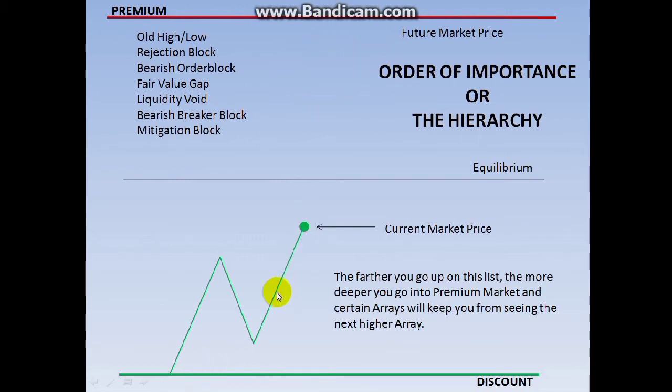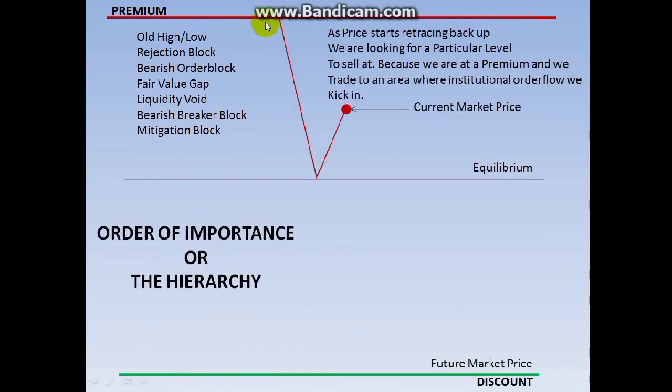So what do we do with the premium level? The premium arrays, in this example, we are looking for the premium arrays to offload our longs at. So if smart money accumulates down here, some went long down here, they are going to look for some sort of resistance above us to sell at. So now this is our resistance level. These are our institutional reference points where smart money are going to offload the long positions they accumulated down here. For the first example, we are looking for resistance to sell at, to go short,